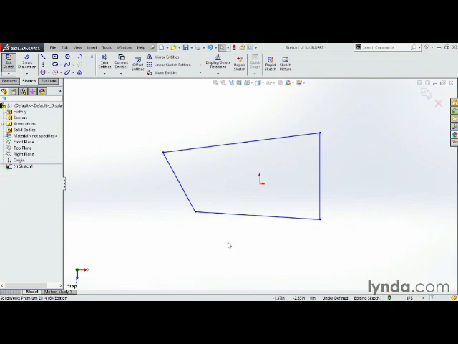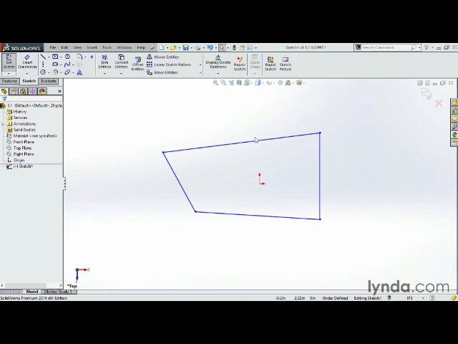So first things first, let's go and add our very first relationships. A relationship is something like a perpendicularity or equal or parallel. To create this shape into a real rectangle, I need to add a few of those things. If you think back to your geometry classes, you might remember that to create a rectangle, you need parallel